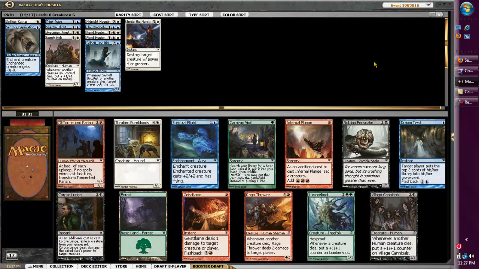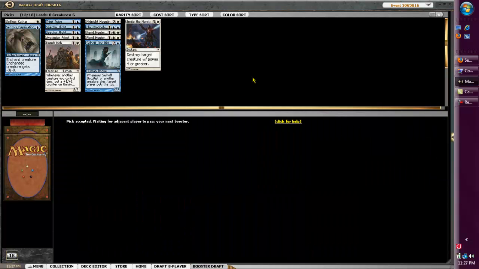Alright, this pack we have... nothing. We have nothing. We're gonna need to start picking up some creatures to do some attacking with, but I'm gonna take another Spectral Flight just because there wasn't anything else there. Signaling purposes, I guess you could say, but...